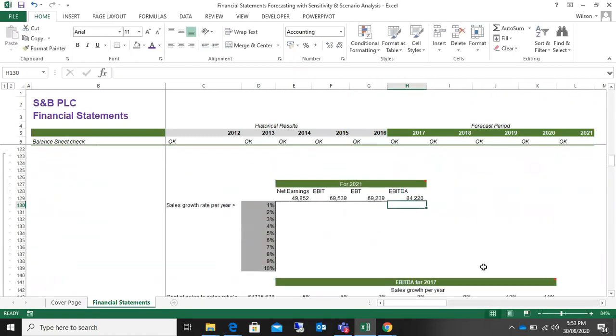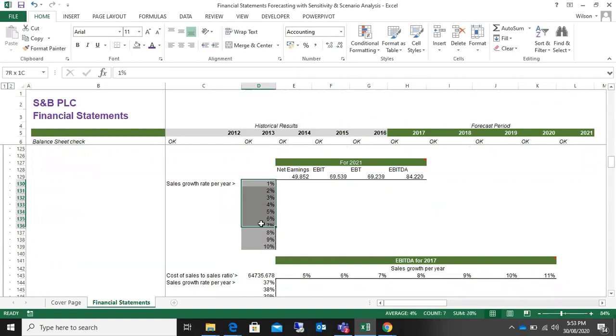fine. So we have picked all that, and we have also defined the growth rate. All right. So if you are with me up to this level, it is great. If you understand what we have done up to this level, it is great. So let's move ahead. So what we're going to do next is, you can see we defined this. What is written here is sales growth rate per year. All of this, right? So